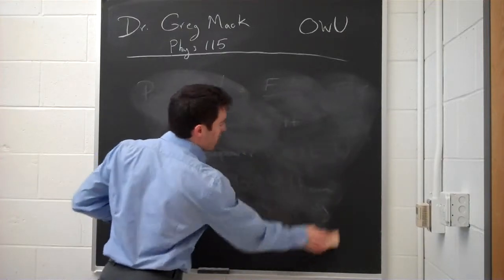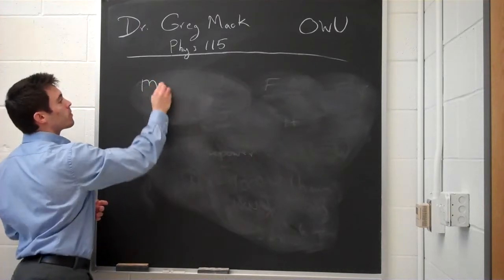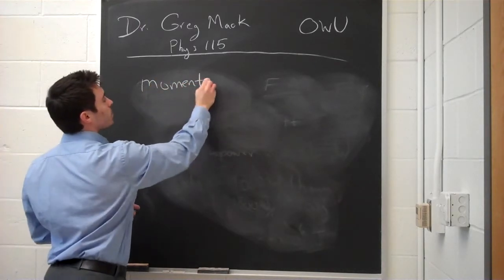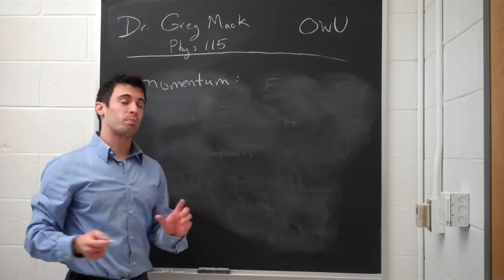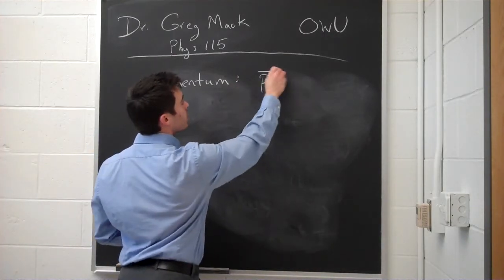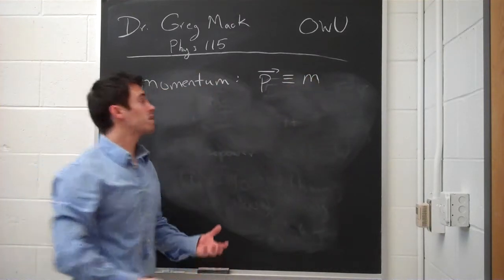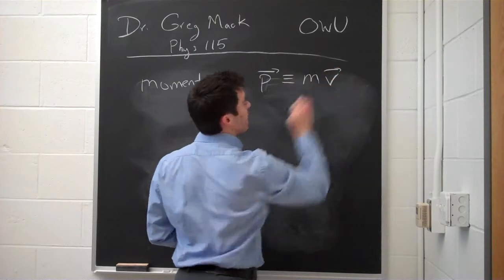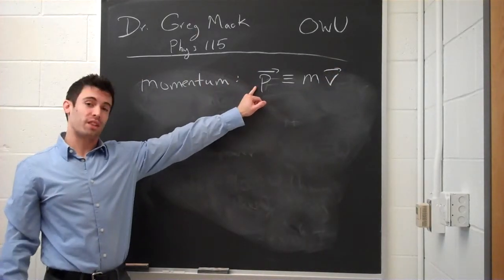So then moving on to chapter 6, we talked about momentum. And we define momentum to stand as lowercase p, and that is equal to an object's mass times that object's velocity. And as you can see, I have drawn arrows, and so yes, we are dealing with vectors again, unlike energy,